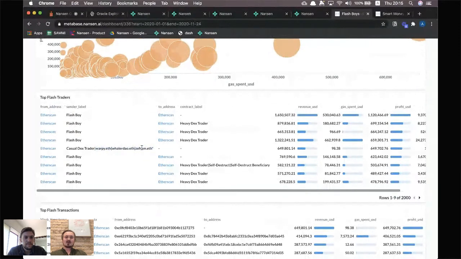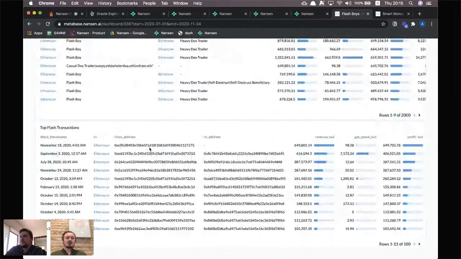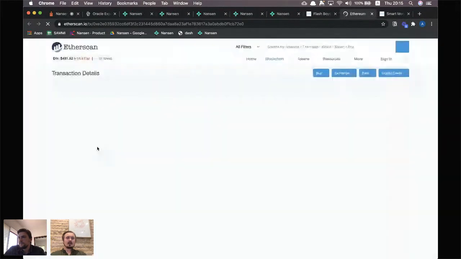So that's maybe a smart money wallet to be following, right? Maybe they're doing other interesting things too. WhalerDAO.eth, Warpy.eth. So maybe that's one to make note of. And then individual transactions you can see down here as well. And we've got links to Etherscan, right? So if you wanted to see this one that took place on November 18th, you would click through and you